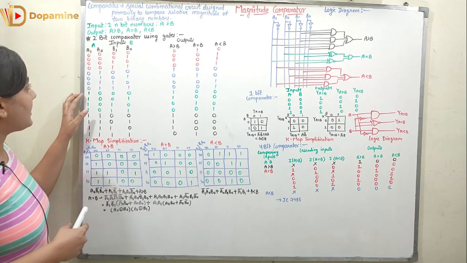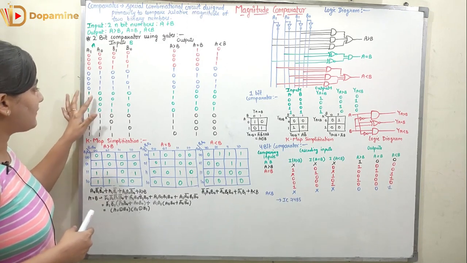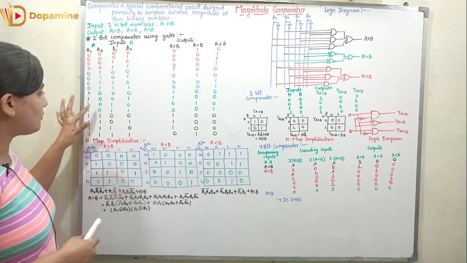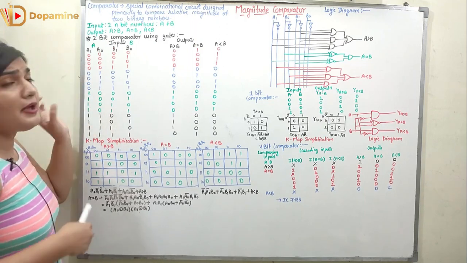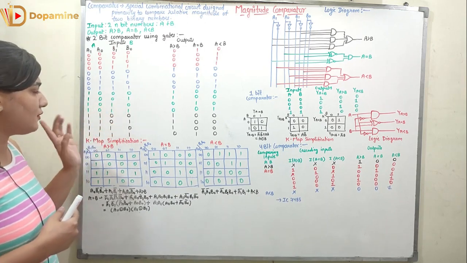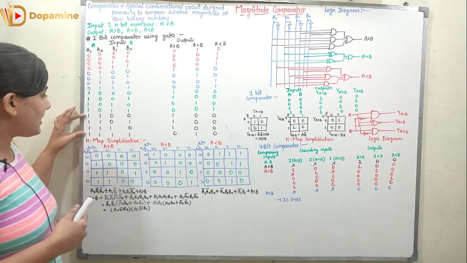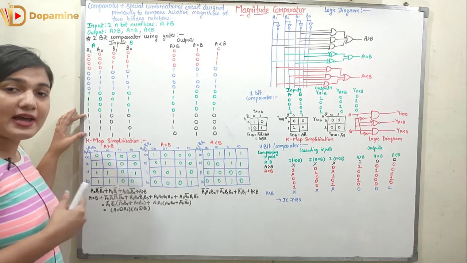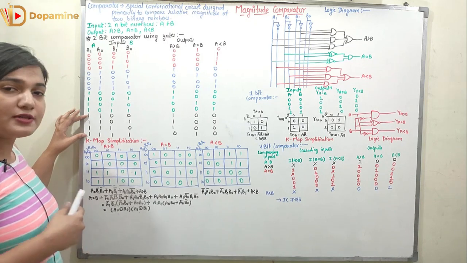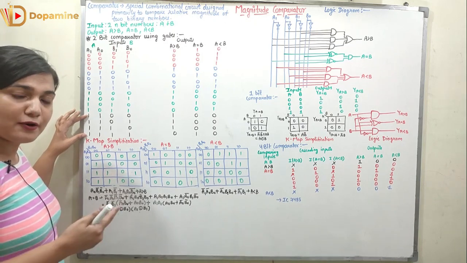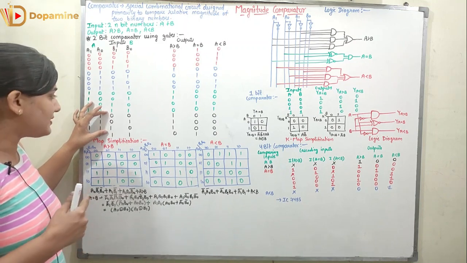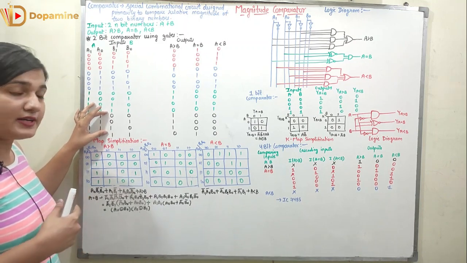Now again we have the A1 and A0 value fixed as 1 and 0, for four rows. For that we will take 4 values of B1 and B0: 00, 01, 10, 11. For the last case we are going to fix the A1 and A0 value to be 1, 1. For all 4 rows we have taken A1 and A0 both to be 1, and B1 and B0 varying as 00, 01, 10 and 11.